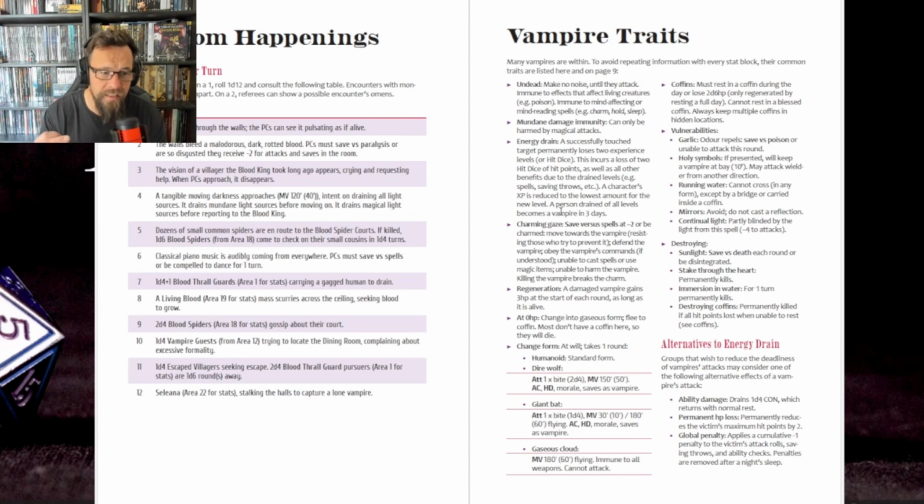Luckily, only the first 6 don't actually do any physical sort of damage to the players. This is more thematic things that are going to go on, like blood flowing through the walls. It's only 7 through to 12 where something bad, or let's say a sort of violent encounter, is going to take place. Vampiric traits here, because there's an awful lot of vampires in it, as you would imagine,